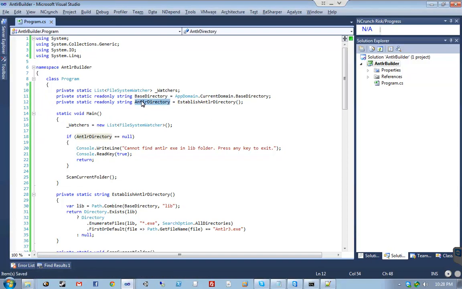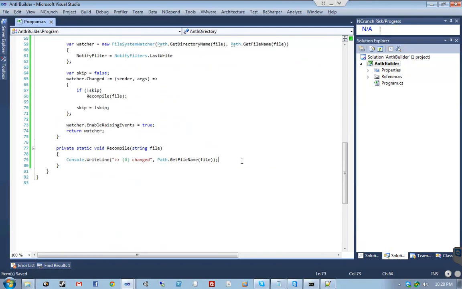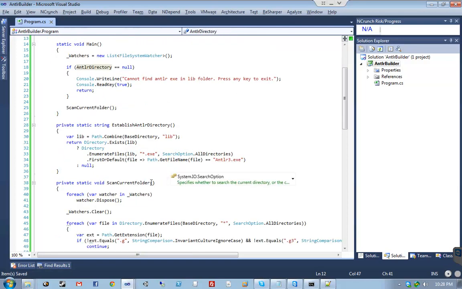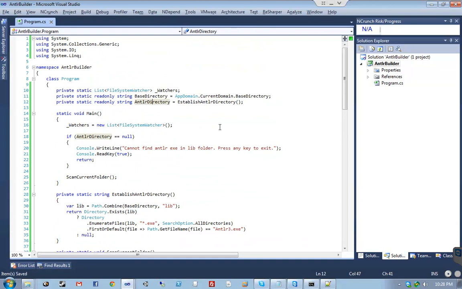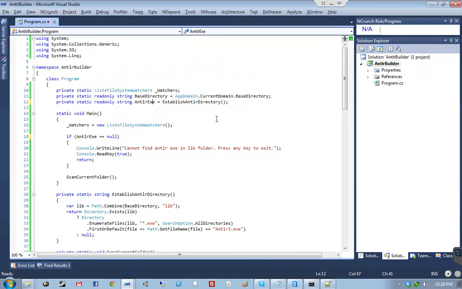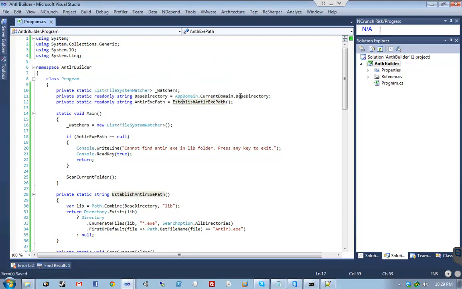Okay, so now that we have our ANTLR directory refactored into a private field, first of all, I'm actually going to rename this. Why did I call this ANTLR directory? Got me. Why did you let me call this ANTLR directory? I just assumed you knew what you were doing. You can never assume this. I've got to be able to assume that. This is actually the ANTLR exe path. Okay, so now that we've successfully renamed this to ANTLR exe path and this method to EstablishAntlrExePath,